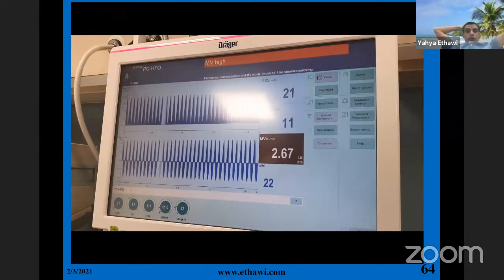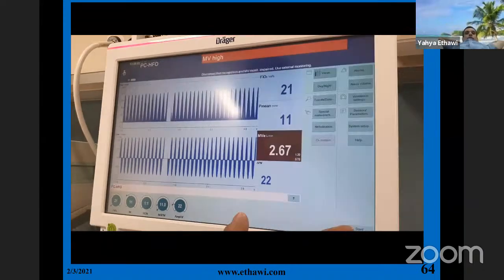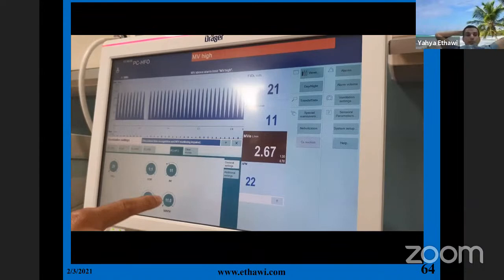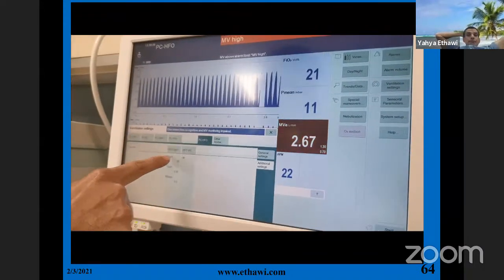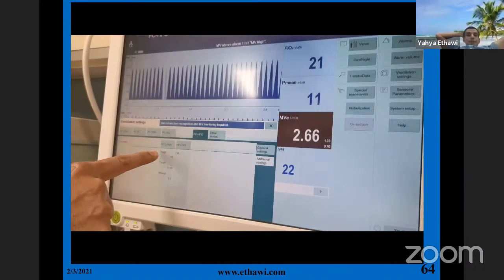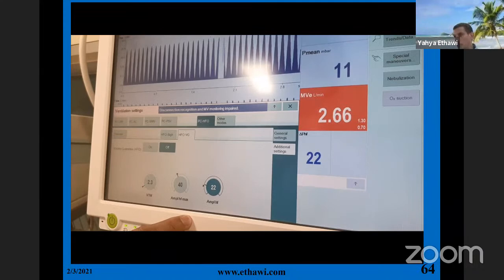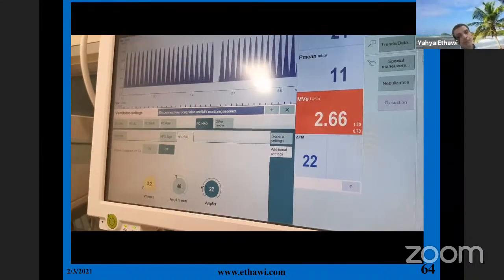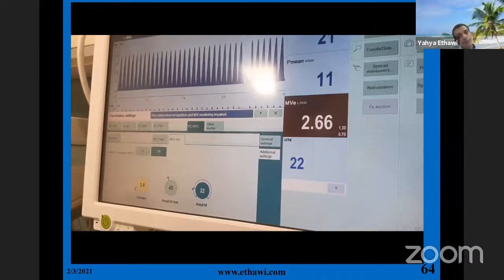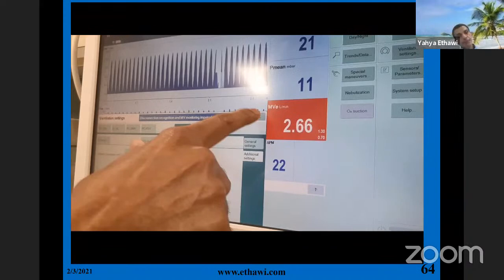And you can add the tidal volume. So if you go to ventilator setting, and you go to the additional setting, you can add high frequency psi if you want, and high frequency tidal volume. So you can see the tidal volume, and you can decide, let's say we are giving 4 mil of tidal volume, and then watch what will happen. You will see here,